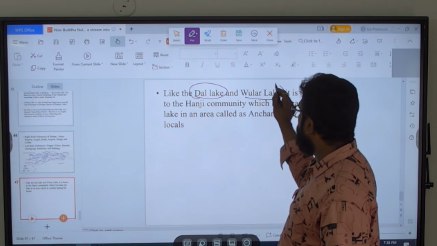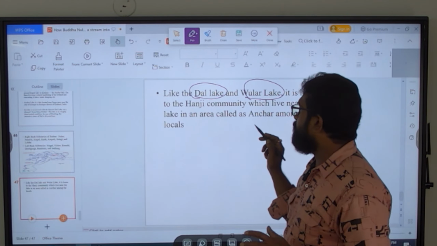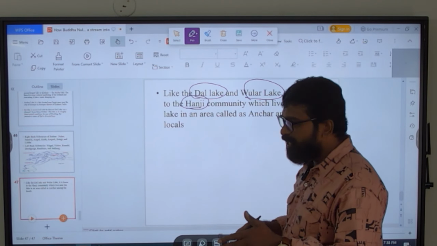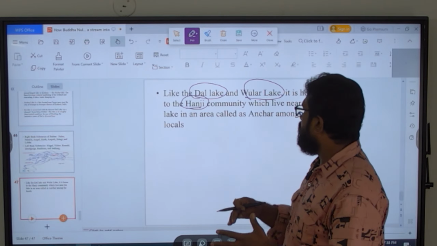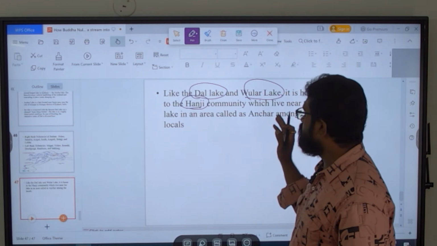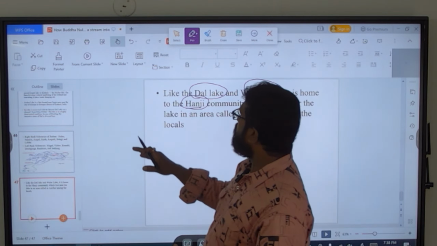Wular Lake, which is also in Jammu and Kashmir, has a community. That community is called the Hanji community, who live near that lake. So these are the local people in that place. So by the way, from this